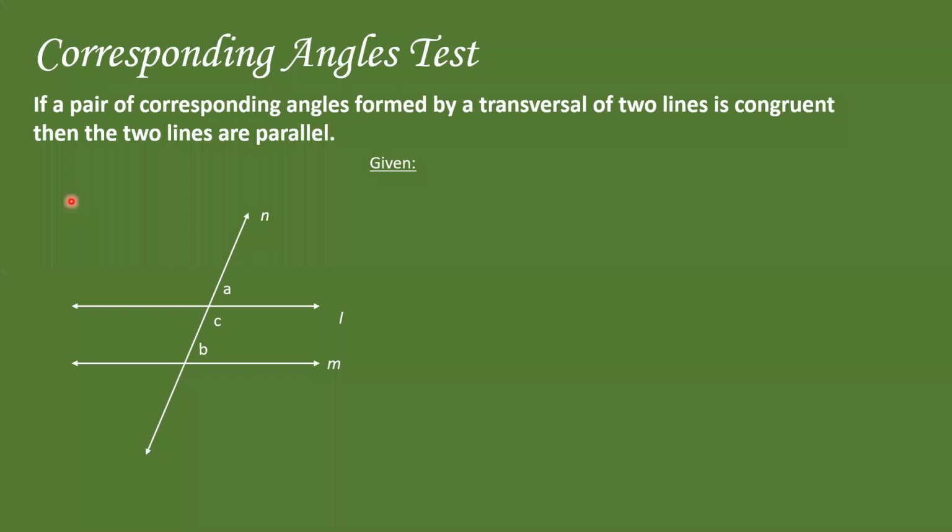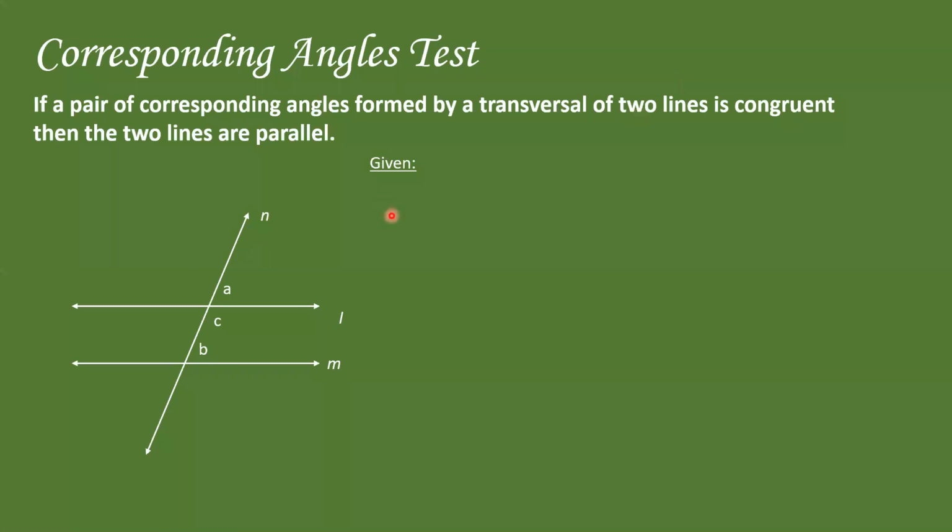So, folks, welcome. Now what we are going to do is a similar thing to the last test. We have two lines and a transversal cutting them. We don't know if they're parallel or not, but what we know is that the corresponding angles are equal. What are the corresponding angles over here? I'll annotate on the screen. They are angle A and angle B. These are the corresponding angles, and we know that they are equal. With this information, I'm now going to prove whether line L and line M are parallel or not. We're going to go in reverse now.